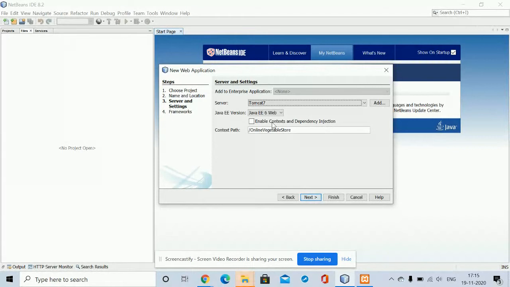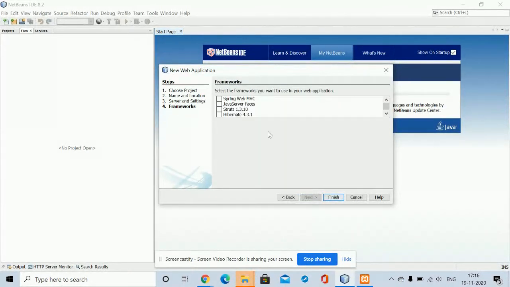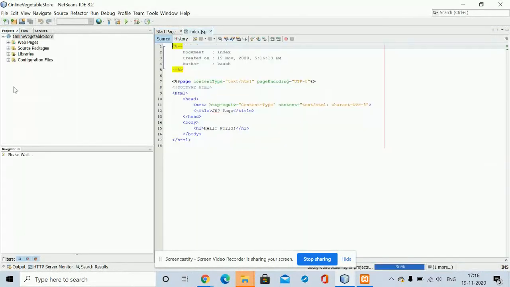Don't use the Glassfish server, only use a Tomcat server. Once you click on Next, it will create the project. Click on Finish, and don't select anything here. Once you click on Finish, you will get the details here, and you can see all of the packages and web pages have been created.